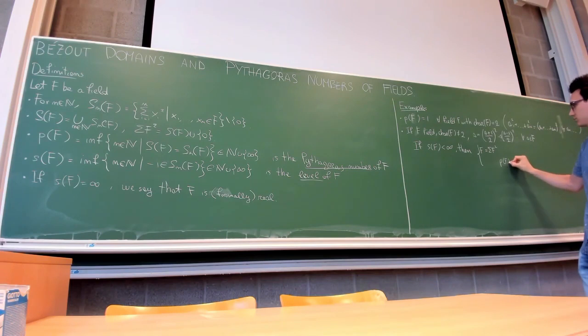So we have this inequality, and of course, the level being the minimum length as a sum of squares of -1, we also have that the Pythagoras number is at least the level of the field. So, okay, there are still two possibilities in this case,